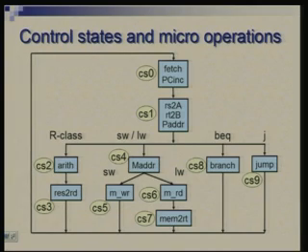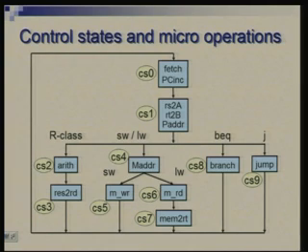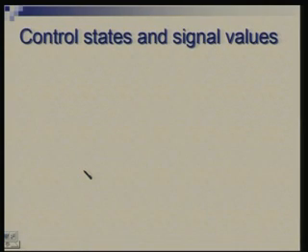Now I need basically 2 tables. One table will define, for a given control state, what micro operations I perform, which will also directly imply the signal values for various control signals. Okay. So, that is one table. The next table would define, given a control state, what the next control state is, and this transition may be conditional. It will depend upon the way I am bifurcating, so it will depend upon the opcode. So, let us see both these tables one by one.